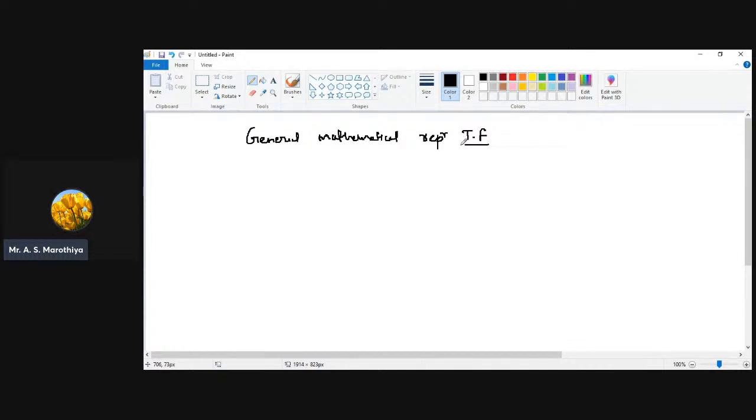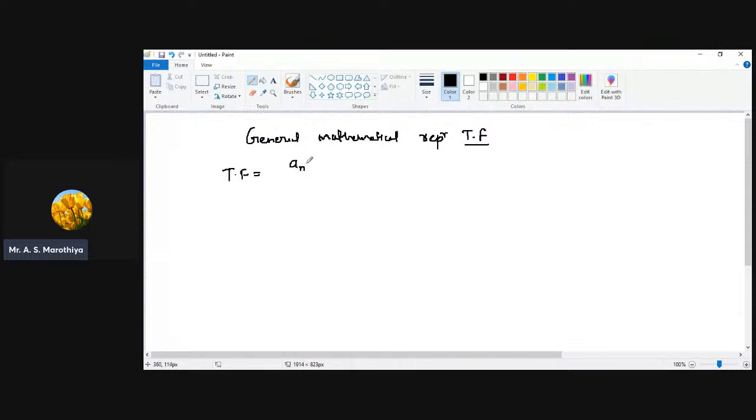So in this particular topic, our objective is to understand what is the mathematical representations corresponding to transfer function for any physical control system. So mathematically, we can define the transfer function like TF is going to be equal to